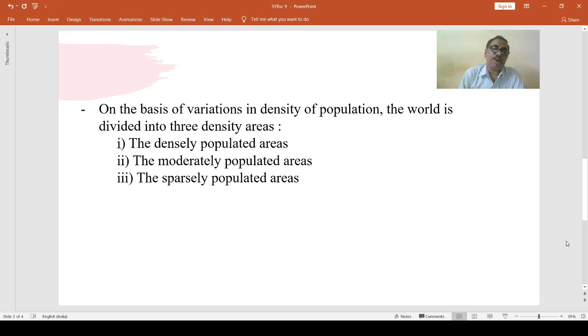Then tropical rainforest region. These are low-lying areas on both sides of the equator between 5 degrees north and south latitudes. Humidity and rainfall remain high, and mean monthly temperatures are about 30 degrees centigrade. This region is covered by dense forest. The Amazon basin, the Congo basin, the islands of Southeast Asia. The hot humid climate is quite favorable for evergreen forest, but it leads to an increase in the number of insects, mosquitoes, snakes, etc. that are harmful for human